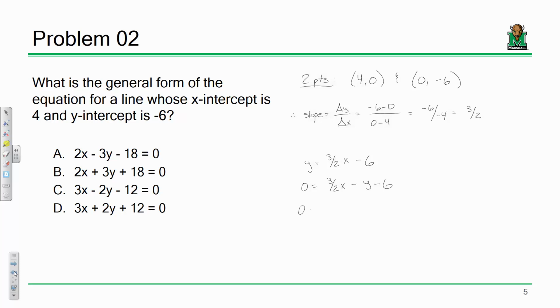But if I go ahead and carry that out, this times 2, that's 3x. This times 2, that's 2y. This times 2, that's 12. So you can seriously do some sort of question investigation and choice investigation in order to make the process a